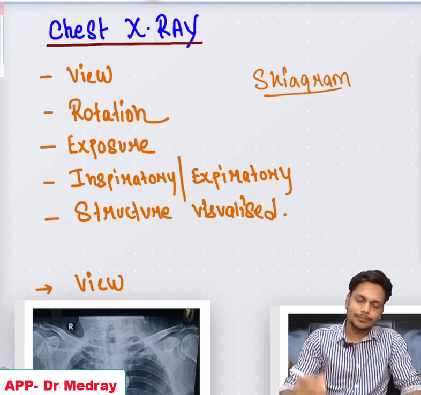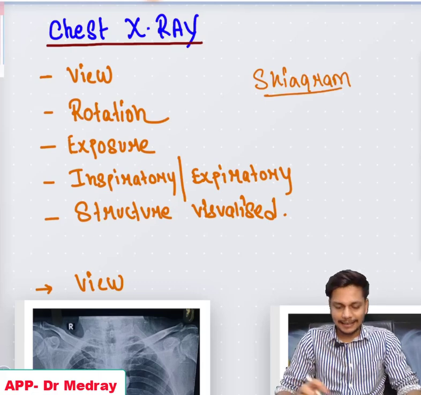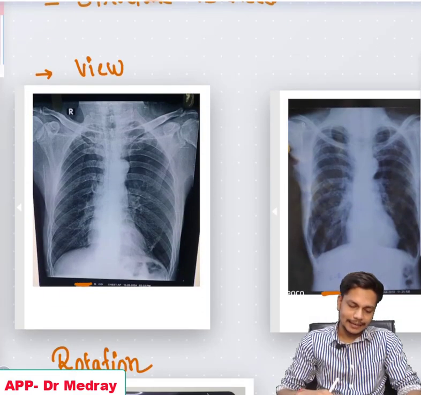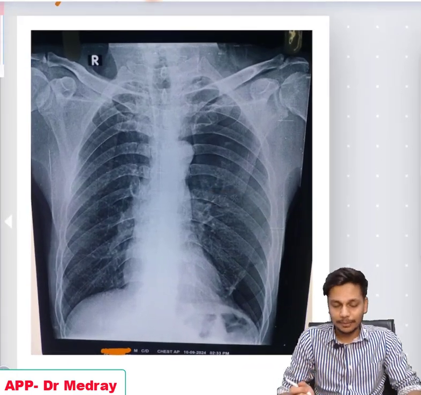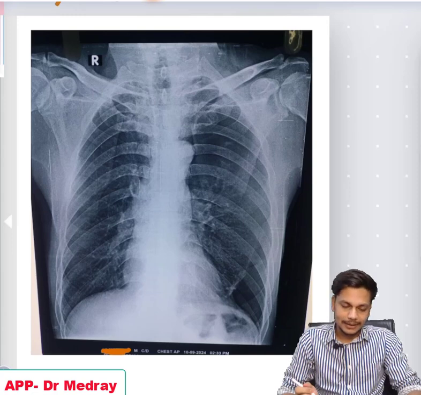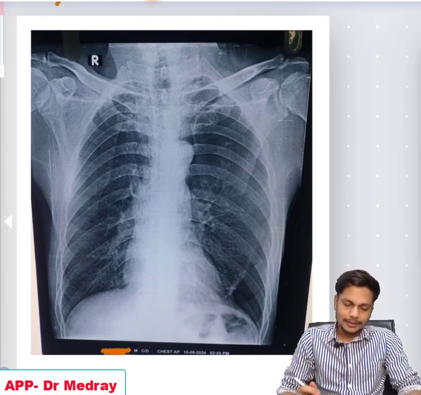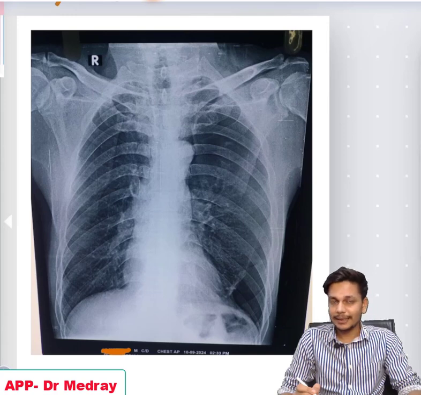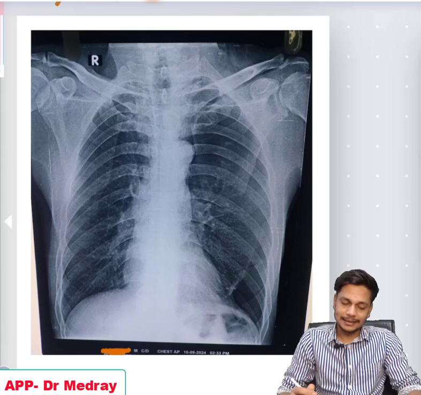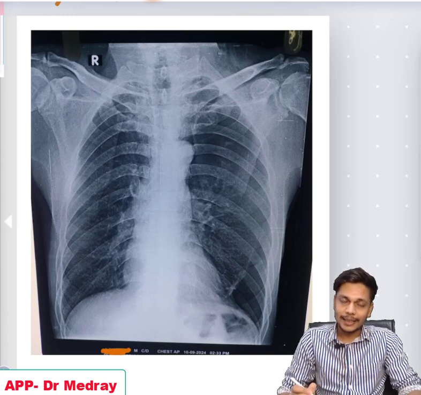Usually you start by saying that this is a skiagram. What is a skiagram? It is a photographic image of the chest X-ray. So you start by saying that this is the skiagram showing the anteroposterior or posterior-anterior view of